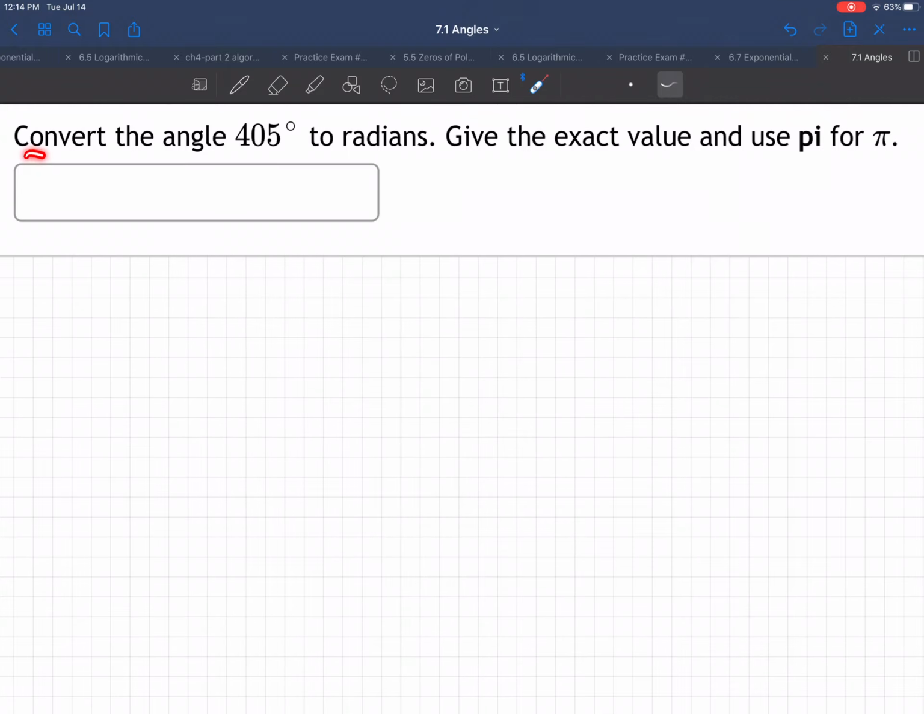In this example, we're converting a 405-degree angle to radians. So we're connecting the two worlds. How do you connect between the degree world and the radian world? These are two different systems for measuring the opening of an angle, just like